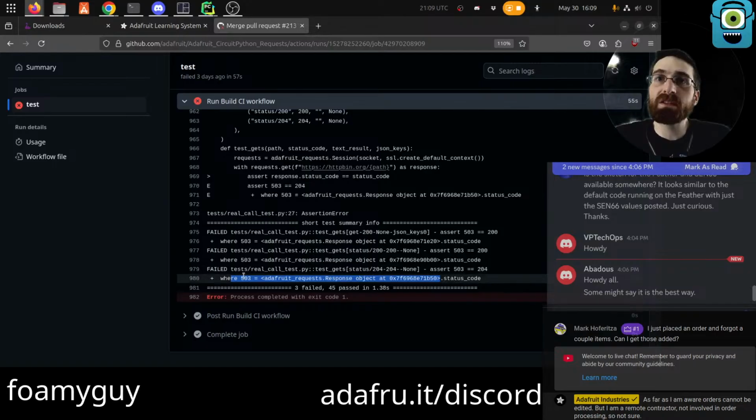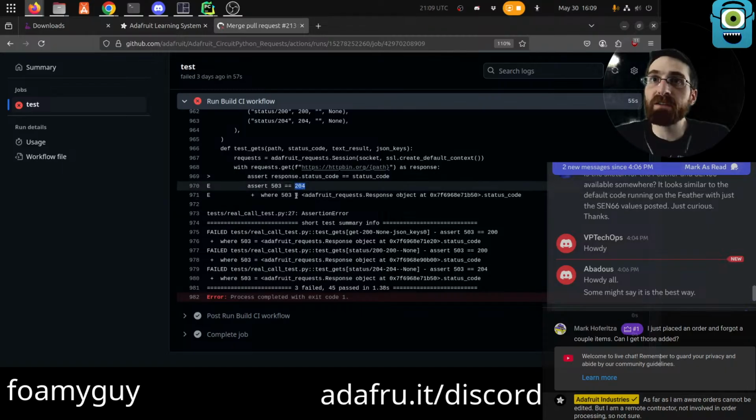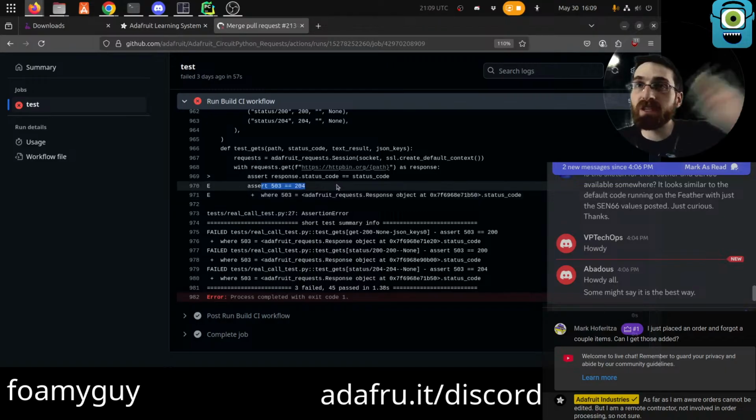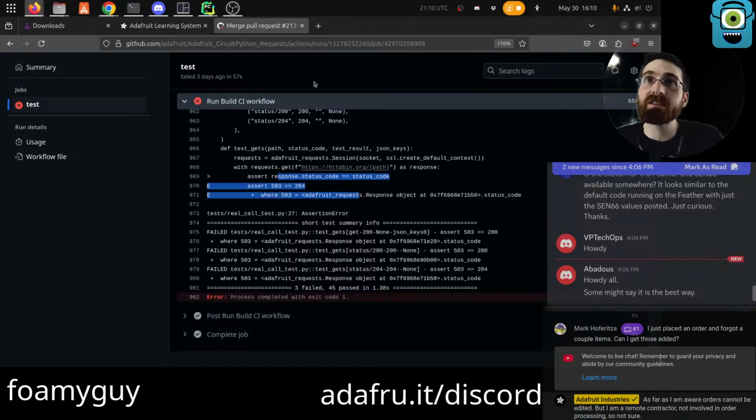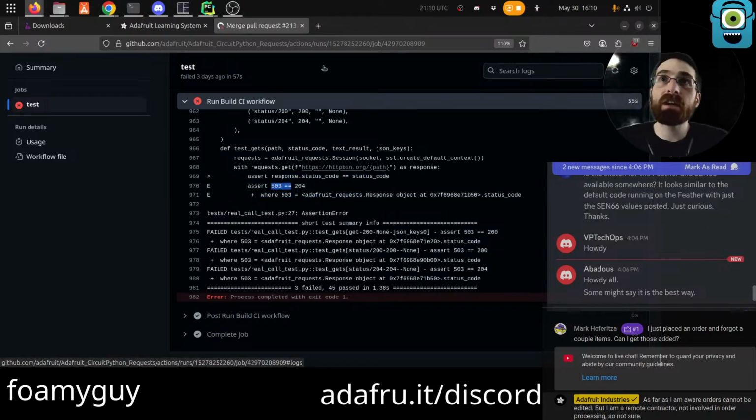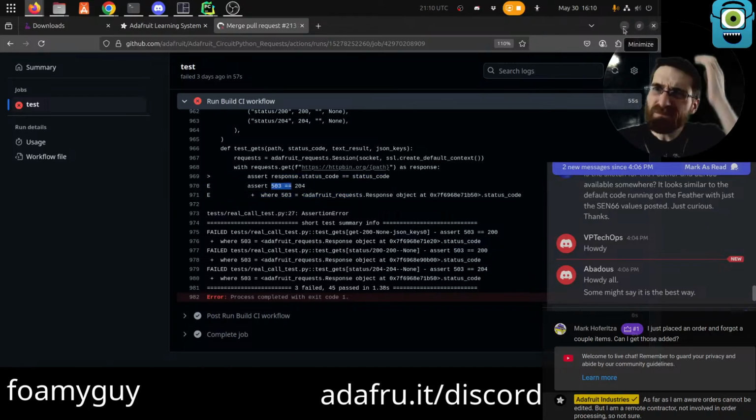Because we see that this thing failed because the server returned us a 503 response, but we compared that to a 204 inside of an assert. We said, we're getting a status code back and it has to be 204, otherwise the test fails. It was 503, so the test failed.